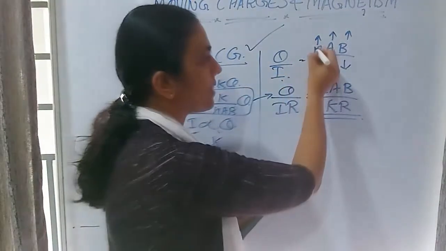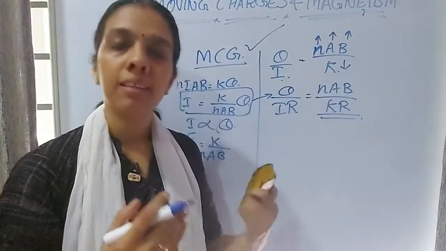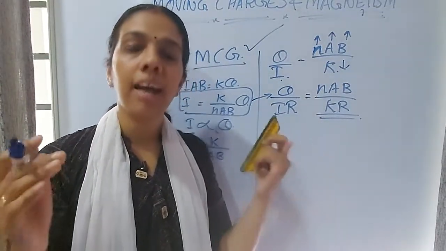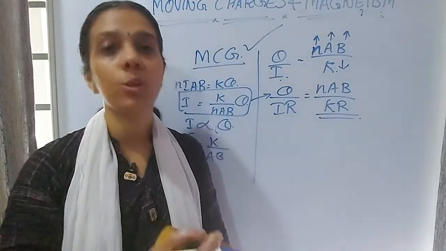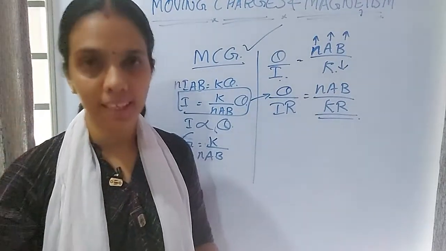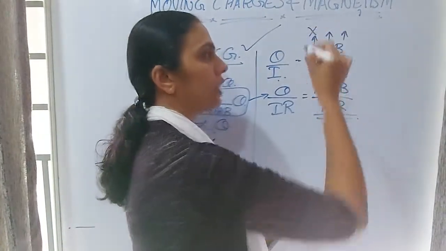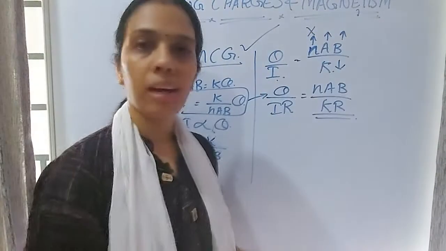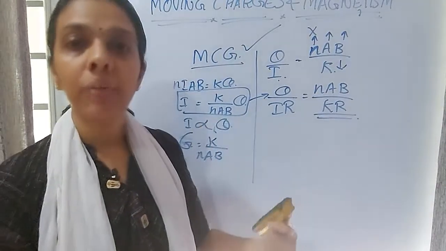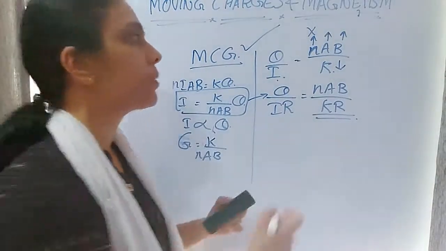For an increase in current sensitivity, the number of turns of the coil we can increase. Is it practically possible? If we are increasing the number of turns, then the galvanometer will become very bulky, right? And along with that, the resistance of the galvanometer also will be increasing if we are increasing the length. R is equal to rho into L by A, R is proportional to L, that one you know. So resistance will be increasing. So this is practically not possible. Then what about the area? If we are increasing the area of cross section, what will happen? Yes, the same way, that also is practically not possible. The galvanometer will become very bulky. So that is not possible.